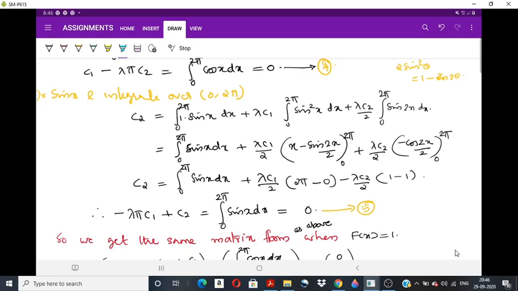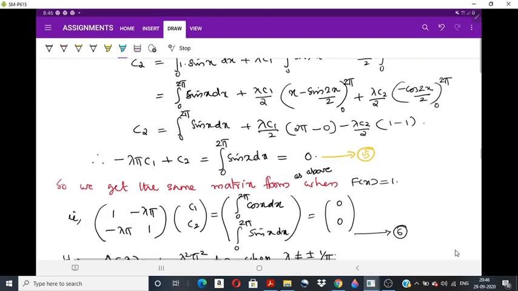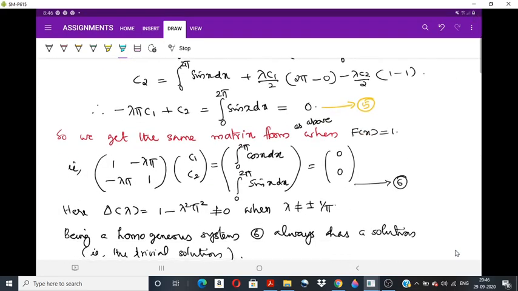So again we will get equation number 5 by simplifying these functions, that is minus lambda pi c1 plus c2 is equal to integral 0 to 2 pi f of x into sin x. F of x is 1, then integrating sin x we have minus cos x, then applying the limits we will get 0. So again the matrix is the same here,